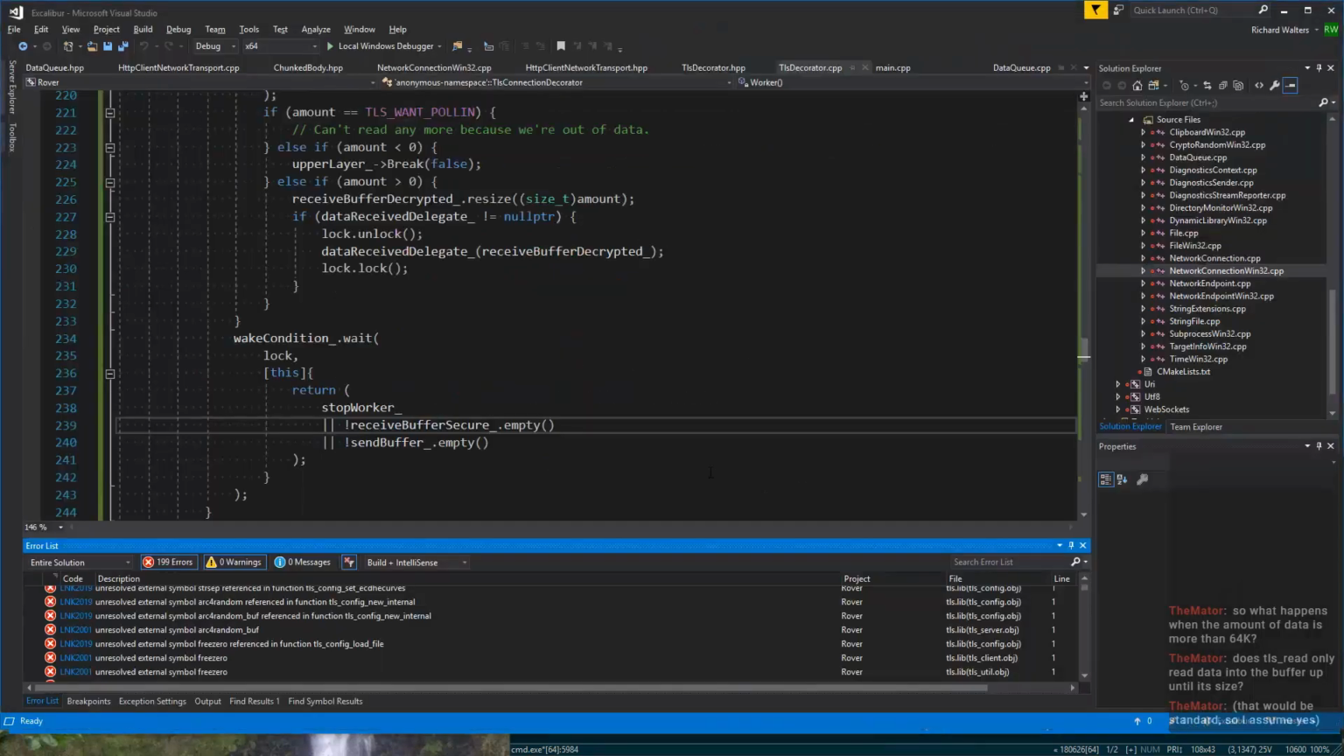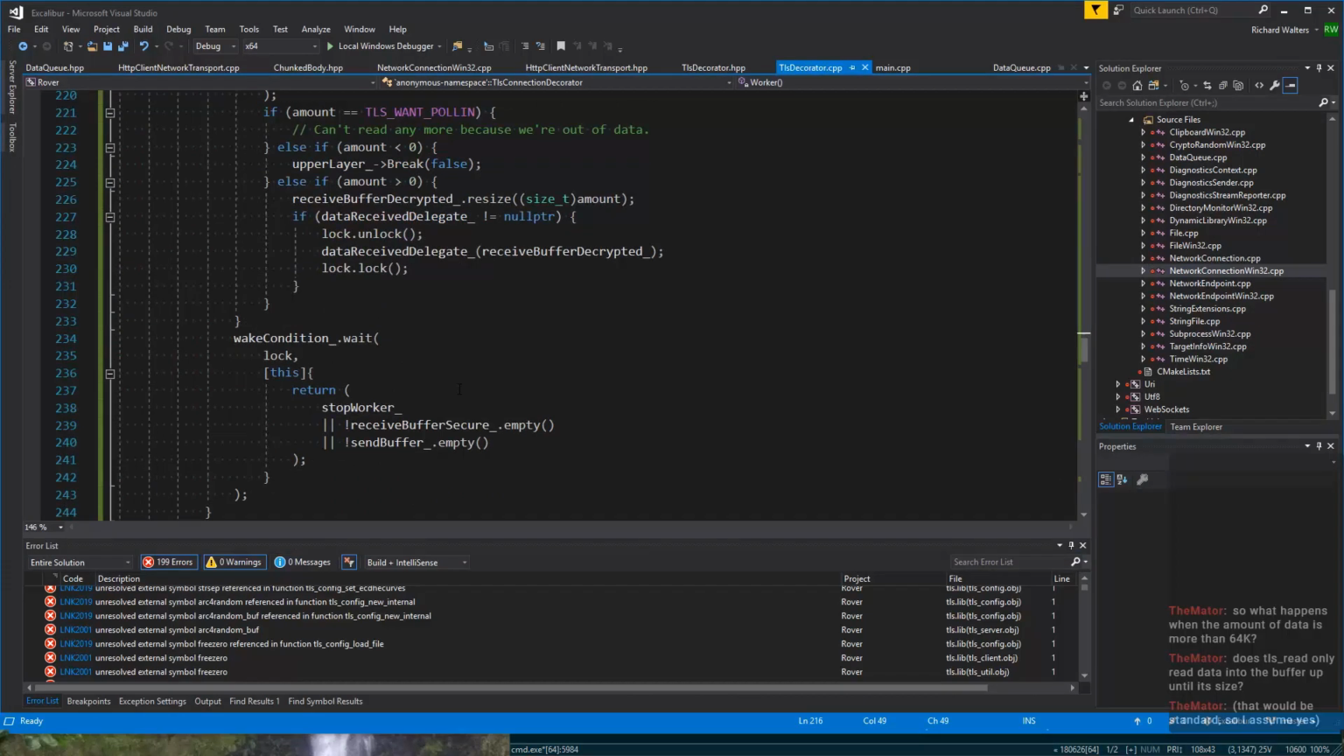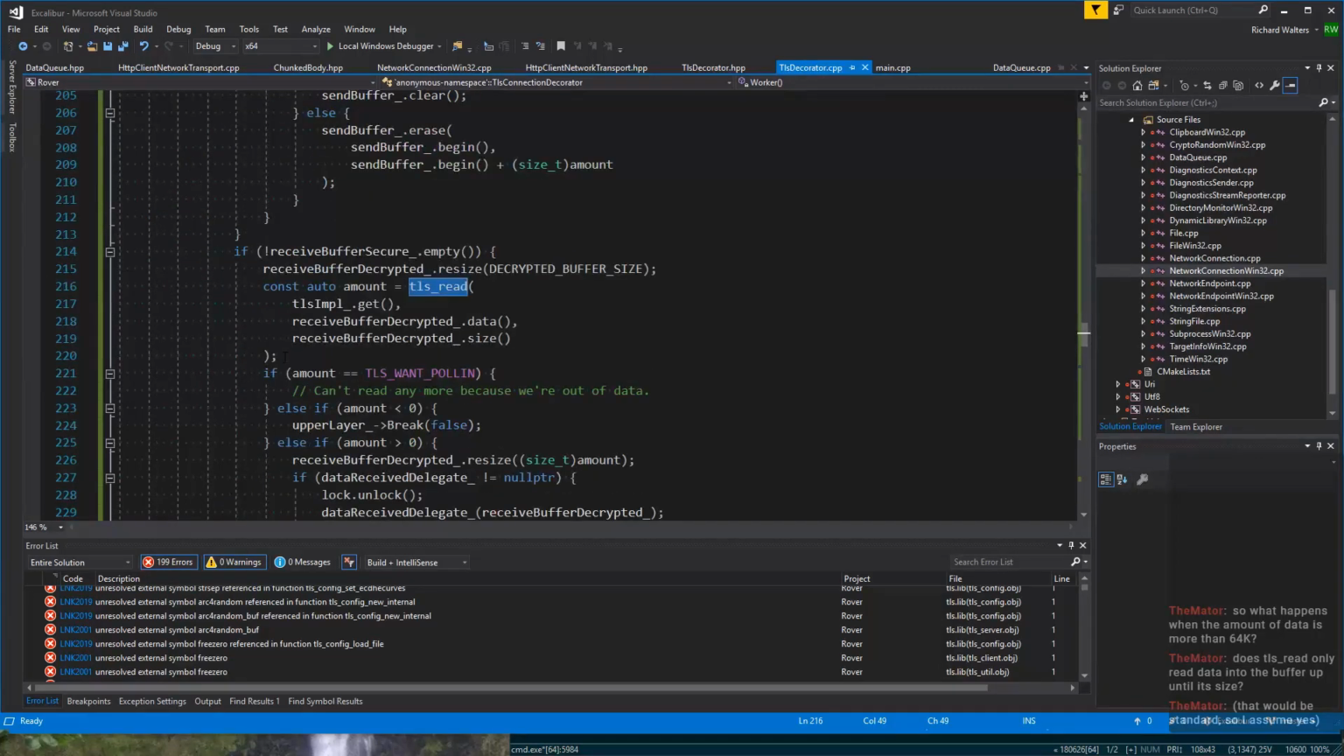Oh, I'm in the wrong program. This read. Oh, actually, that's a problem, isn't it? We should at least read one more time, right? Let's have it. It's got to empty this though. When does that get emptied? Oh, that gets emptied when this. Okay. So what happens if it only reads 64K and there's more data is that the secure buffer won't